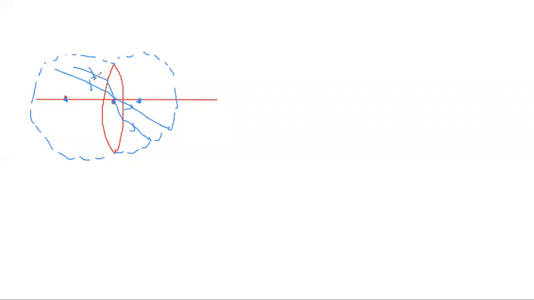If the lens is thin, the ray will pass undeviated, and if the lens is thick, the emergent ray will be parallel to the incident ray. This is known as the optical center of the lens. The line joining the center of curvature and the optical center is known as the principal axis. Okay, and now you have the focus and the focal length. What are focus and focal length?